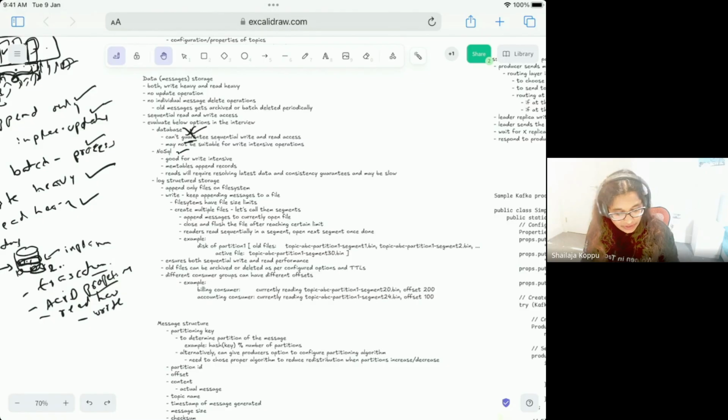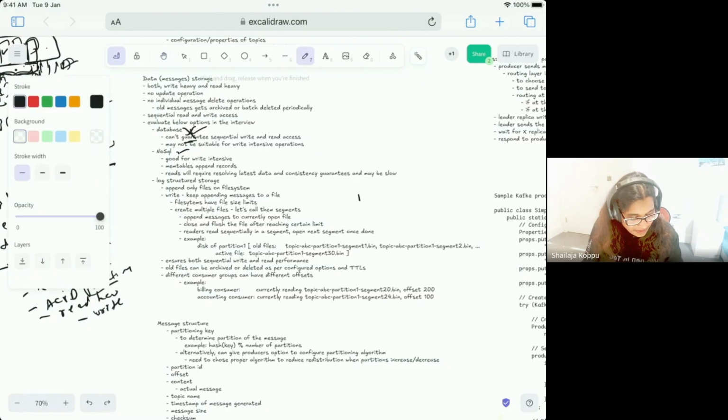So what we can do, we can take a simple disk, our own disk. Let's say you can simply say your Linux system, and you take an ext3 file system. You create a file f1.bin, for example, and let's say the topic name is xyz. For the xyz topic, you can create a file called topic xyz. And because we want to support partitions, that is one reason. We want to have parallelism in the partitions.